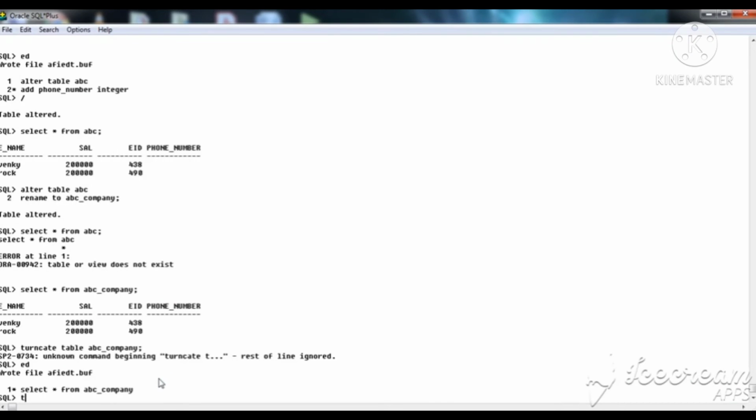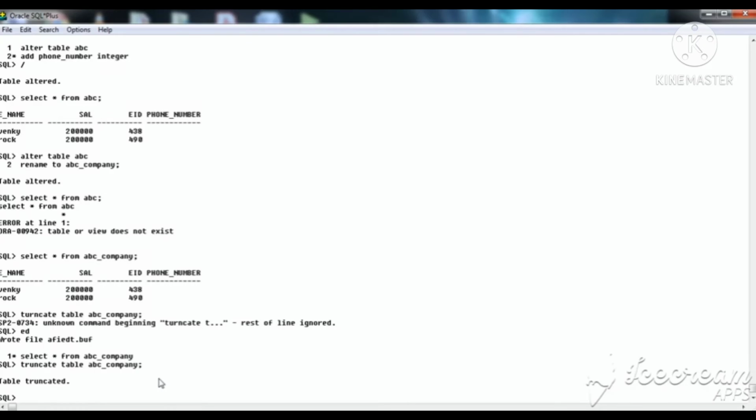I am using truncate again. So truncate table name is ABC underscore company. This is the table name, because you modified the table name by using the rename command. So table truncated.